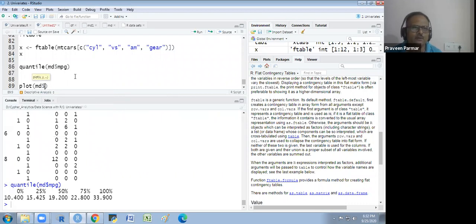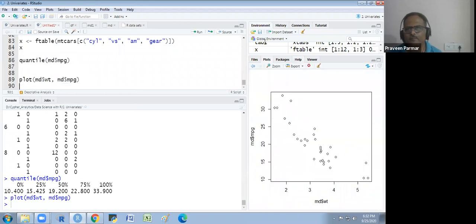Look at this. This is the scatter plot I have got.